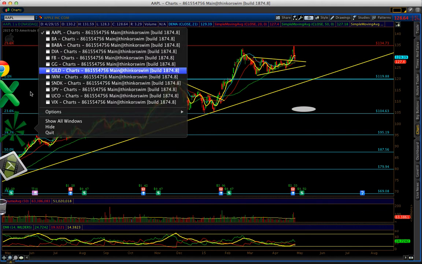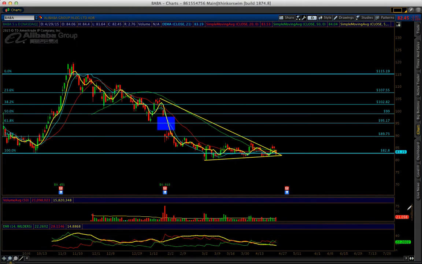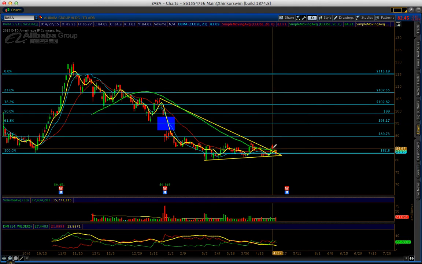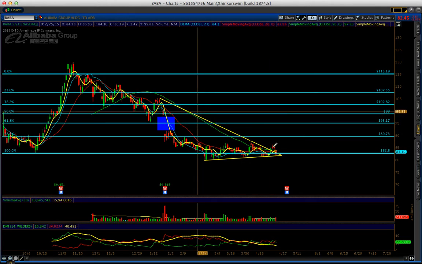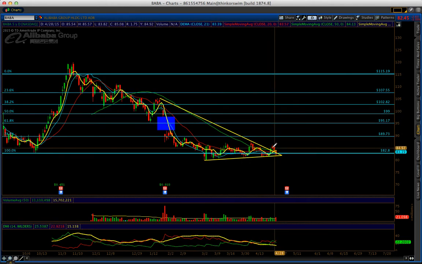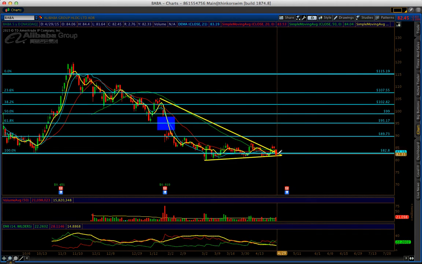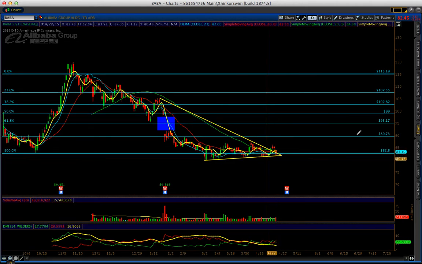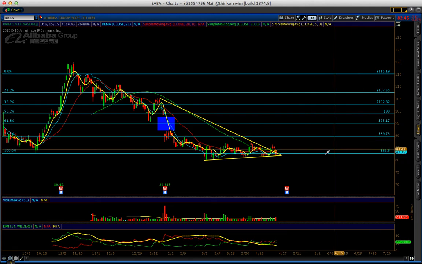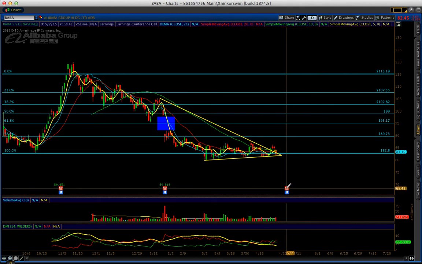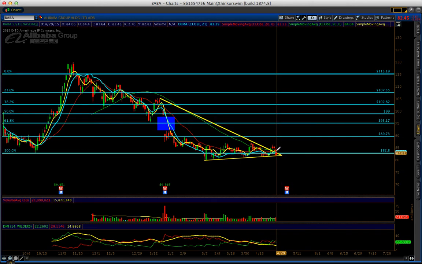Now let's talk about another one. Let's talk about Baba. Baba right here broke out the 50, broke out this trend line, and it was a fake out. The next day, it started swinging down. We still have those calls. We are only hoping in this earnings report. If the earnings report is good, this is going to be a nice run.